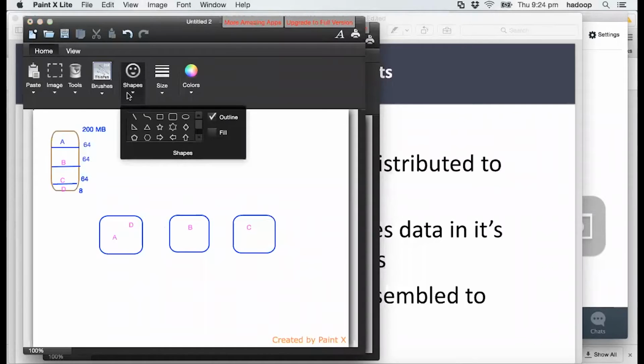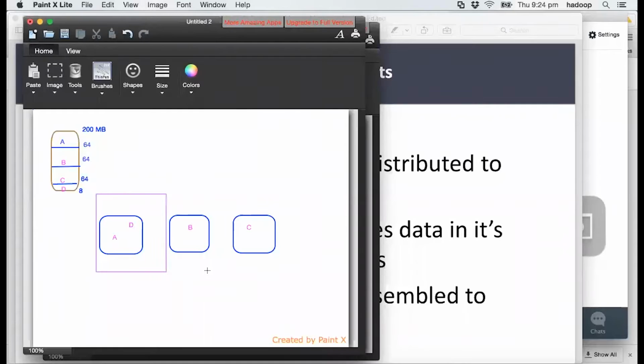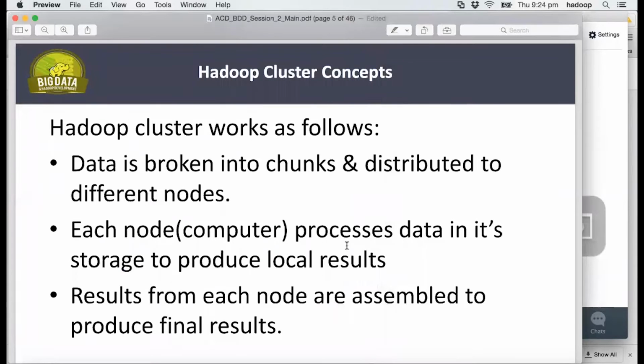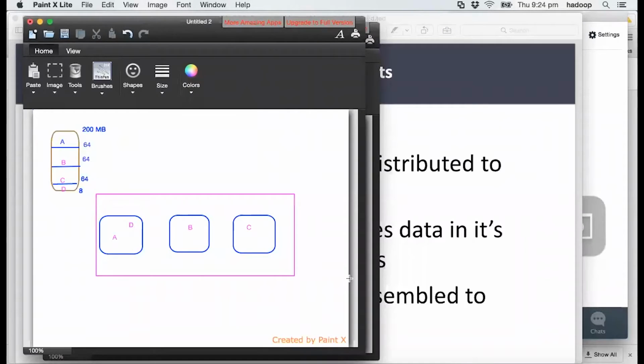Let's bring in another shape over here. Okay, this is my Hadoop environment, at a very, very high level. A Hadoop environment with 3 nodes. Just try to understand: this is my Hadoop environment with 3 nodes, nothing but 3 computers, and this is how exactly it's getting stored. And that's what's been said over here. Now the key concept behind what has been said is, the moment I have this data stored over here, each computer by its own is capable of,